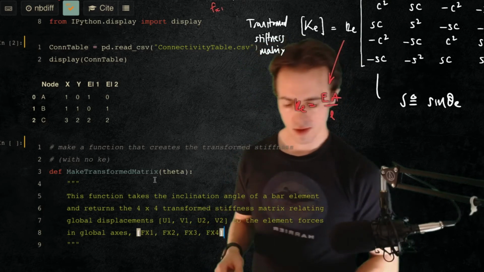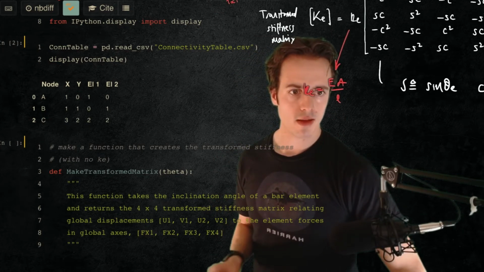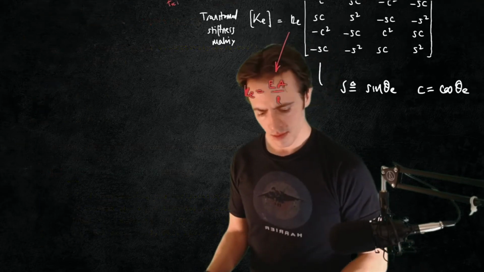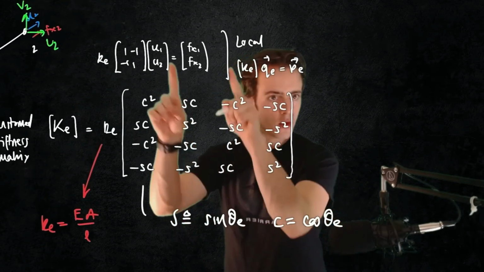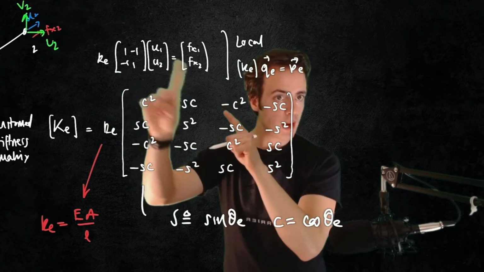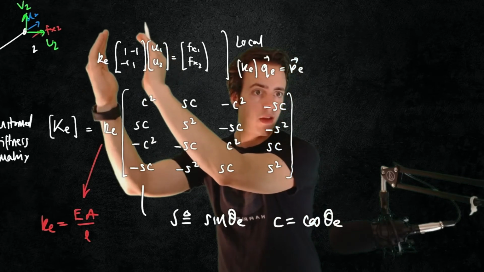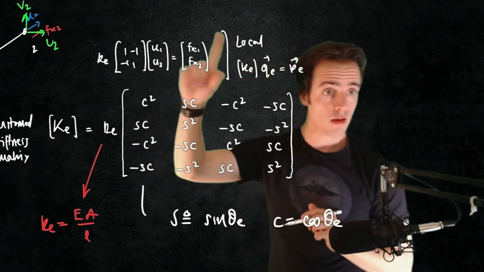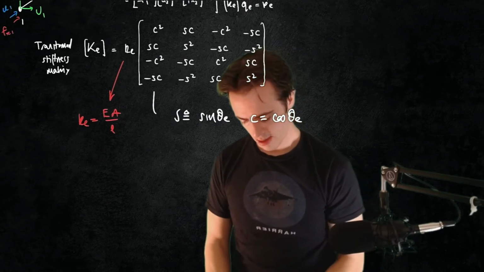Okay, so that's what we're producing. The bit that I've just written there, let me just explain what I mean by that. So we're producing this 4x4. Let's just remember what this matrix means. This is our local problem, K Q equals P. That's my K matrix, that's my Q, and that's my P for this. So this is just a 2x2. When I've got it in this format, then it becomes